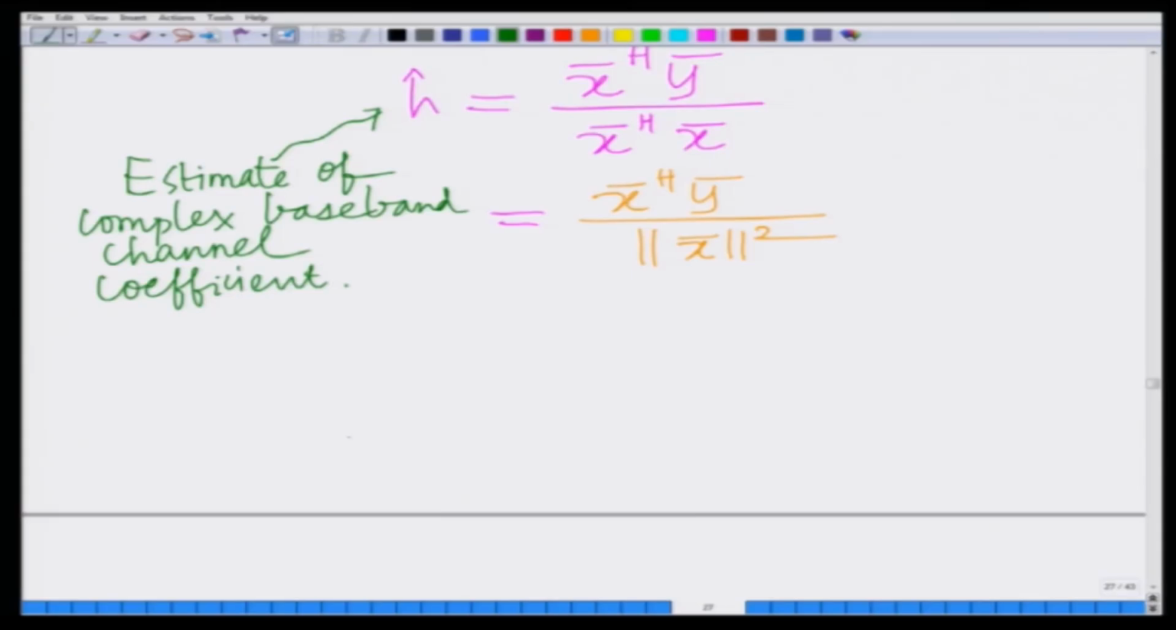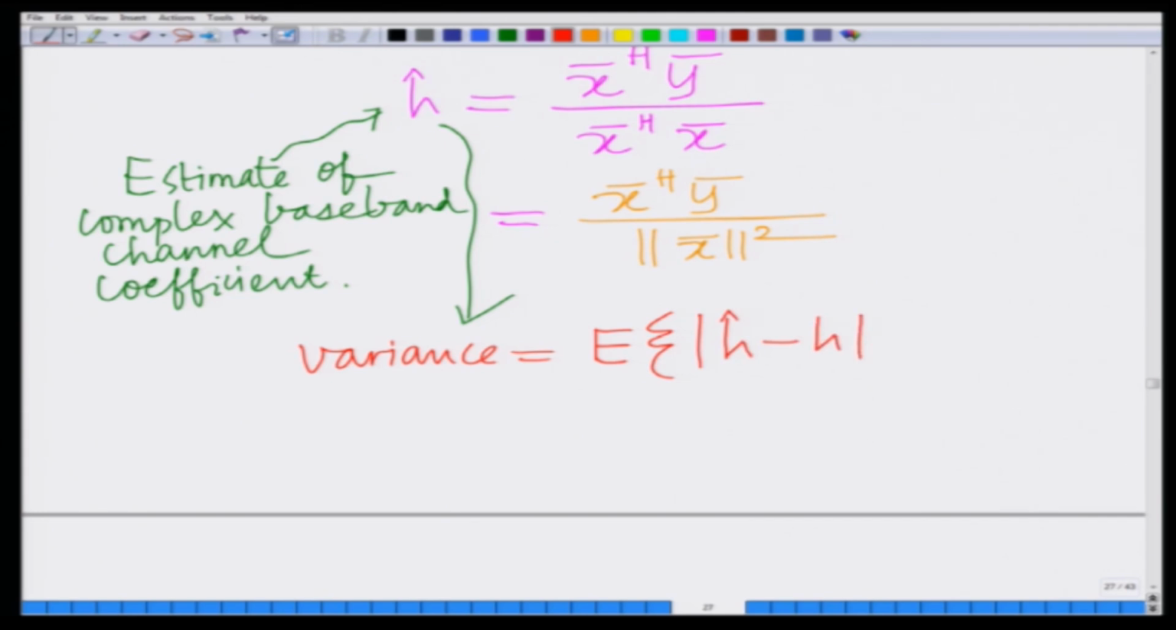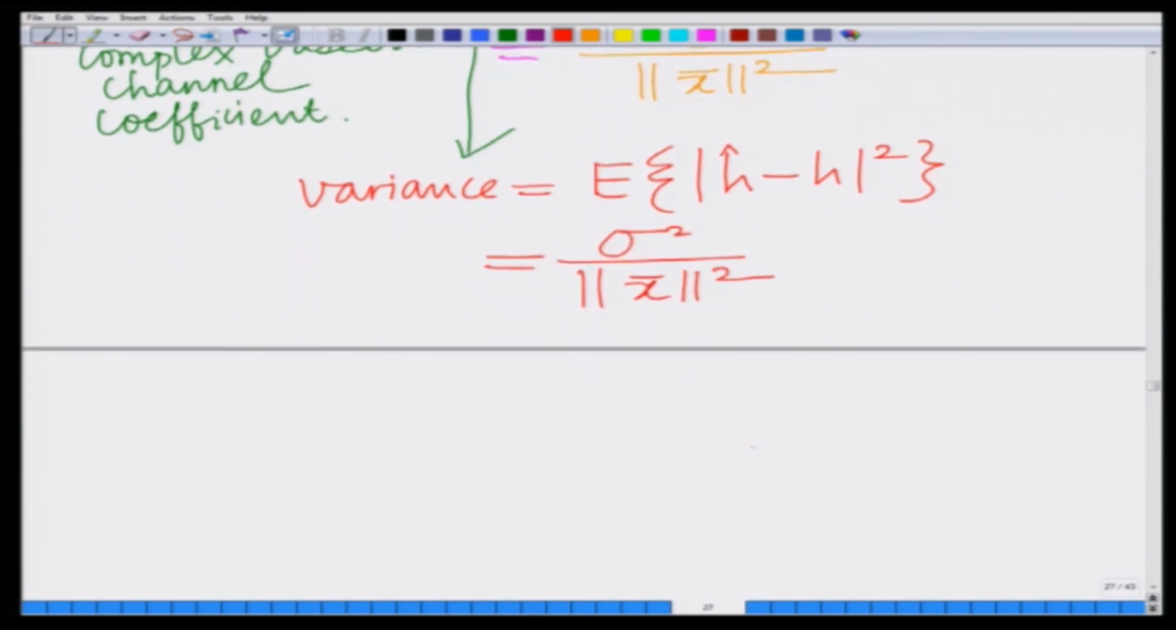Okay. And now, what is the variance? Again you can derive the variance. The variance of the complex parameter is the expected value of, now you cannot simply use the square, I have to use the magnitude of h hat minus h whole square, which equals sigma square divided by norm x bar square,